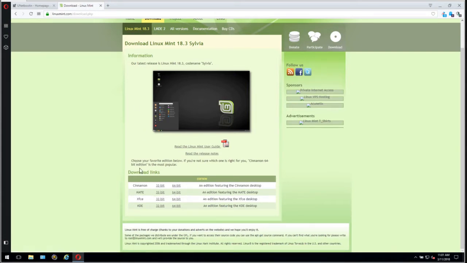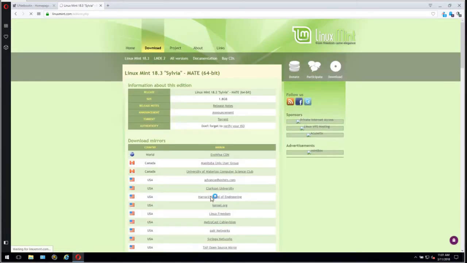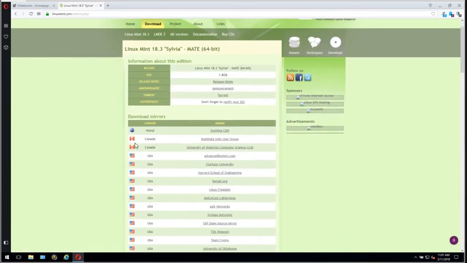It's going to download. Depending on your download speed, it could take up to 15 minutes or even more. I'm in the US, so I would click on anything here with the US, and it will start to download. But I'm not going to download it because I already got it, so I'm going to cancel that. Now once you have both of those files,